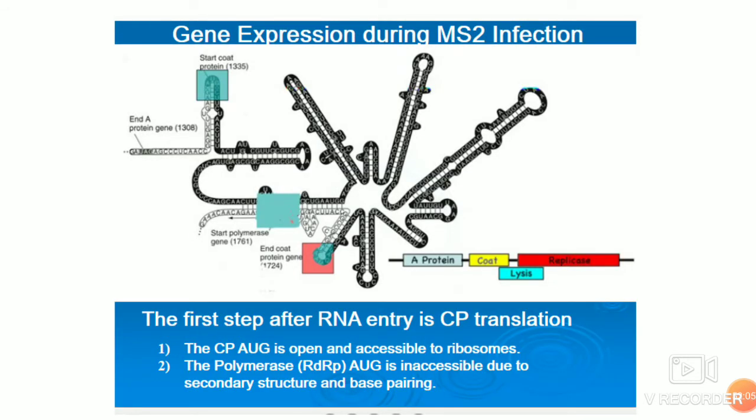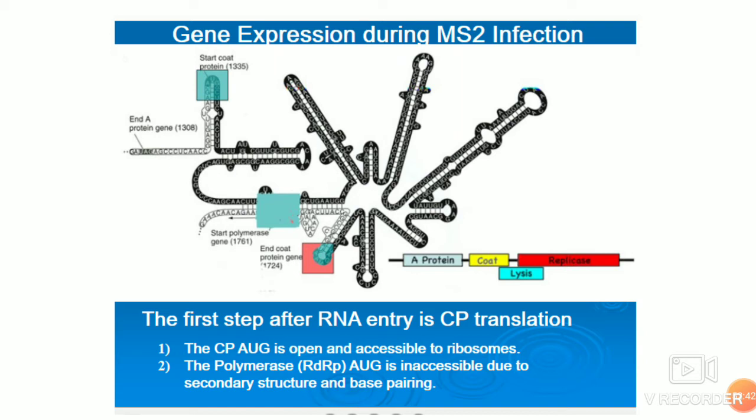Once the RNA is inside the cytoplasm, the first step is the synthesis of the coat protein, that is, translation of CP happens. That is normal recognition. The translation start is the AUG, which is very accessible to the ribosome. This single stranded RNA has a complex secondary structure, as I told in the previous slide, about 35% of the genome has secondary structure because of base pairing. So the only accessible start codon AUG is the